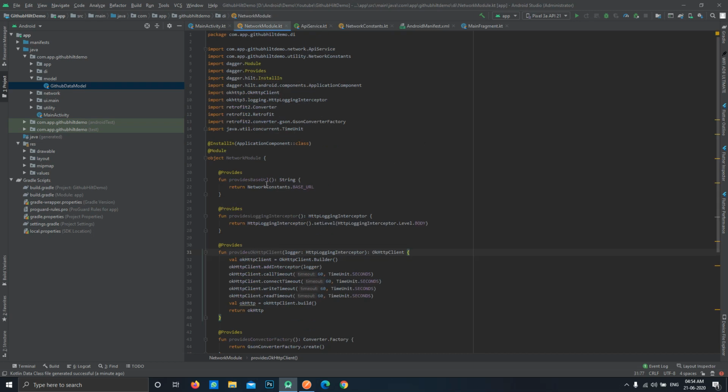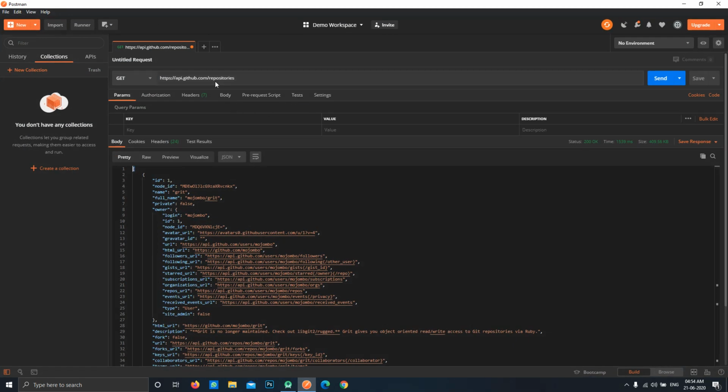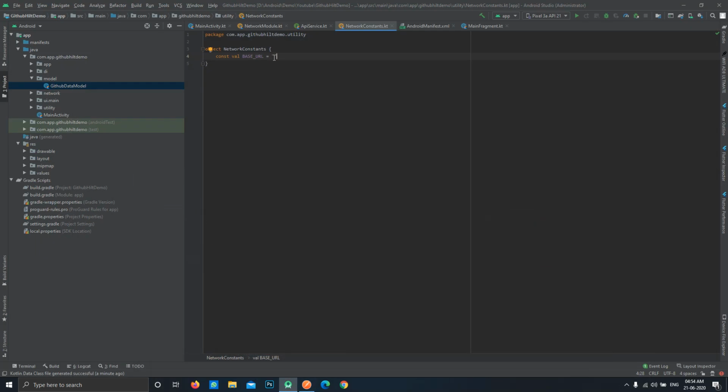Now as you may remember, we have created a base URL over here and haven't assigned any value to it. So now it's time to do that basic configuration. Our base URL will be this much, and this will be our actual API, you can say, the query or anything.